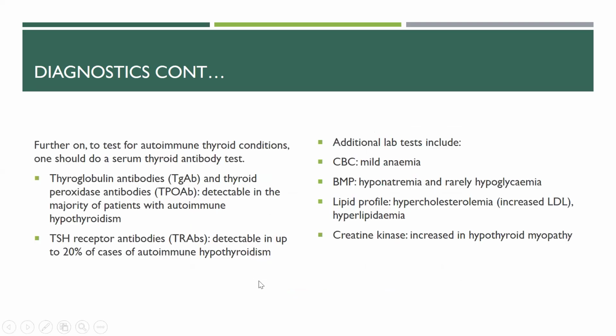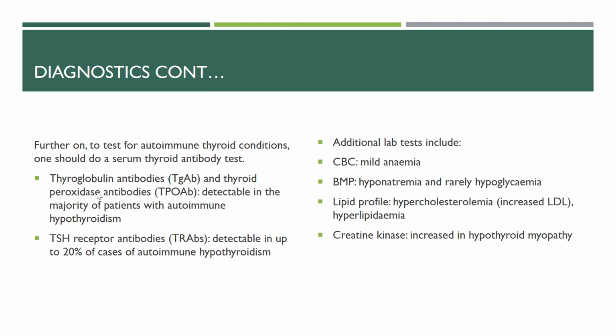Right. So now that we're in diagnostics, we're continuing on. You've done your thyroid function test. You've determined that your TSH and your T4 levels are what they are. Now you're thinking, okay, could it be an autoimmune thyroid condition? So what do we do? We do a serum thyroid antibody test, which is where your thyroglobulin antibodies and your thyroid peroxidase antibodies come in. If they're positive, these two are usually positive in cases of autoimmune hypothyroidism